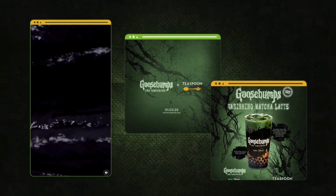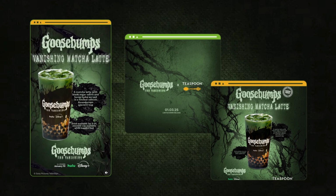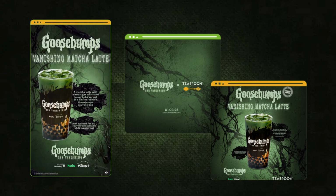For the collaboration, they've created the Goosebumps Vanishing Matcha Latte, a matcha latte with black sugar swirls and honey boba, served in a reusable souvenir cup while supplies last. This drink is available at various Teaspoon locations from January 3rd to January 31st, and I needed to get my